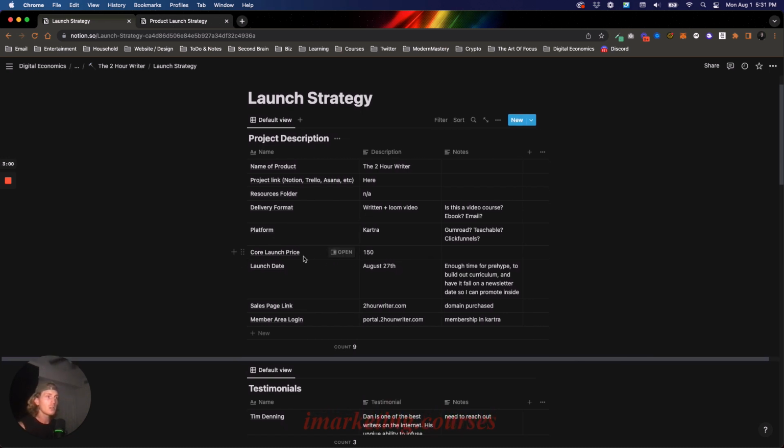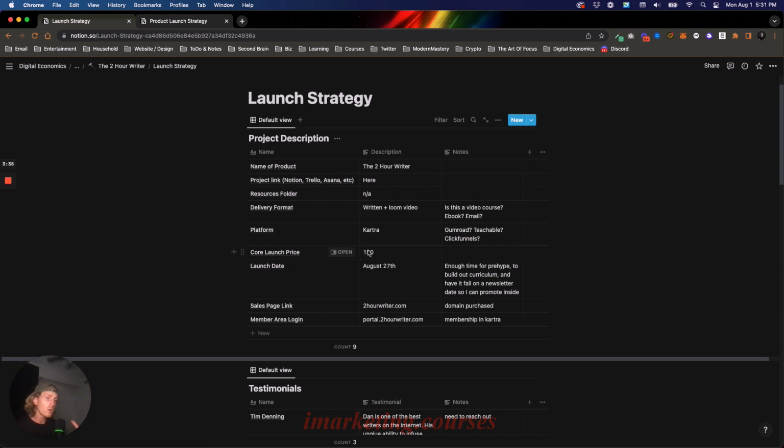So the core launch price, and what I mean here is what the final price is going to be. And so it's going to be $150. Why did I choose $150? Because Justin Welsh specifically has seen great success. And he mentioned this to me on a podcast, is that he prices his products at what he calls an impulse buy. Something that's not too expensive, but it's also not too cheap. So $150 is what he charges. That's what I'm going to charge. I've taken his courses. I know mine are of a similar caliber. And so it just makes sense. Like that's what I'm going to charge. No fancy thought process behind that aside from that.